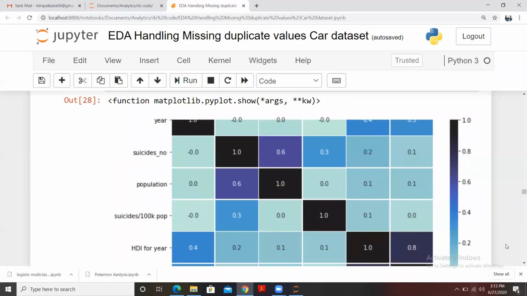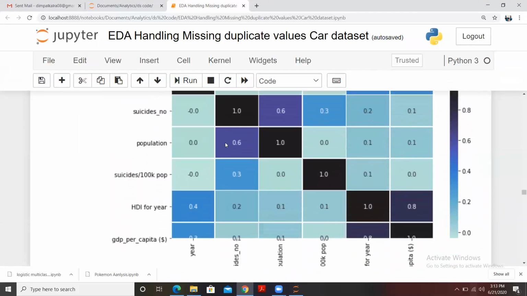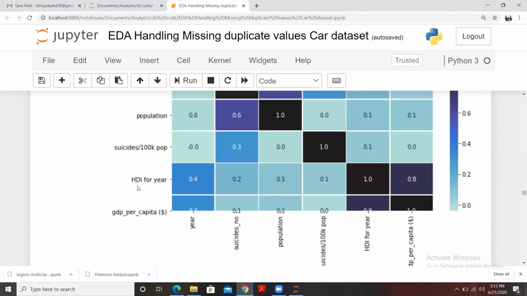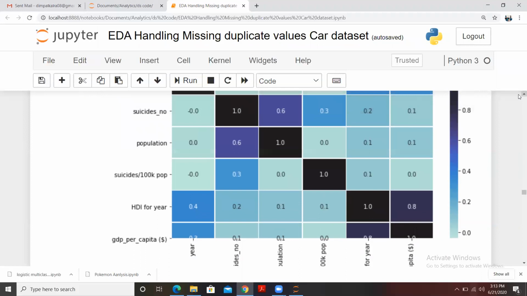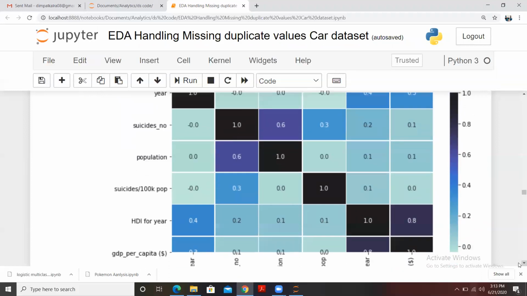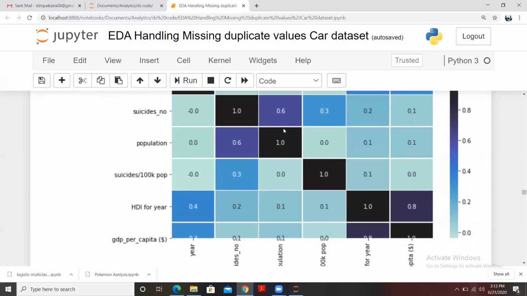So you see the x and y correspond to each and every column. Let me show you this, SDI for year, and for the y-axis we also have SDI for year. So SDI for year and SDI for year will obviously have a perfect correlation, because that creates an identity matrix. Apart from this, the maximum color which we can see is 0.6, meaning suicide numbers and population have a correlation, that is what we can say.